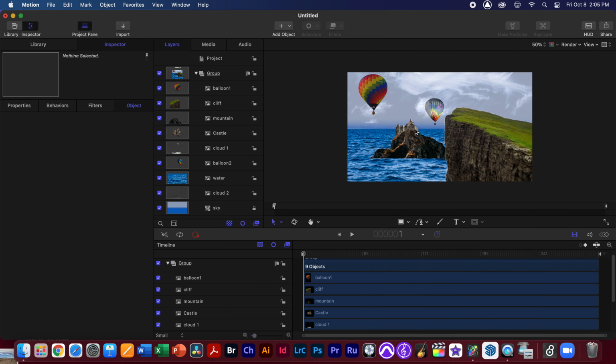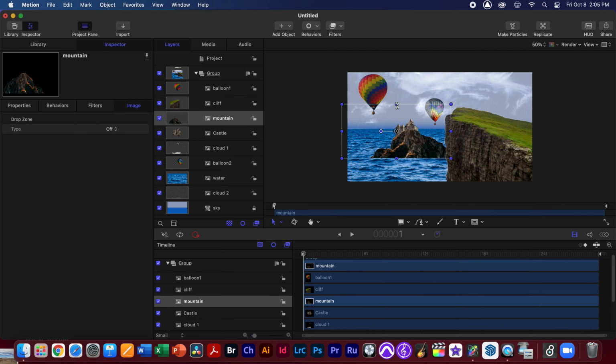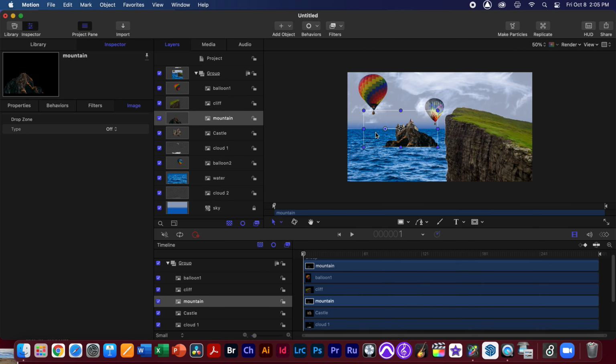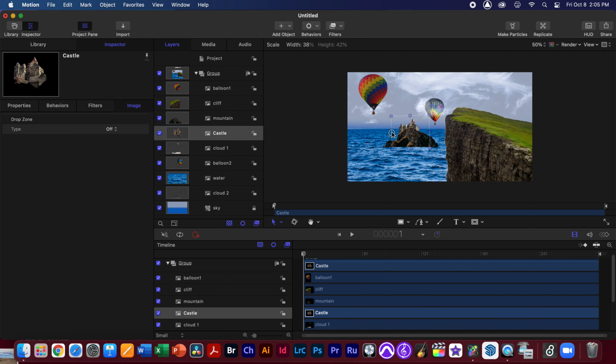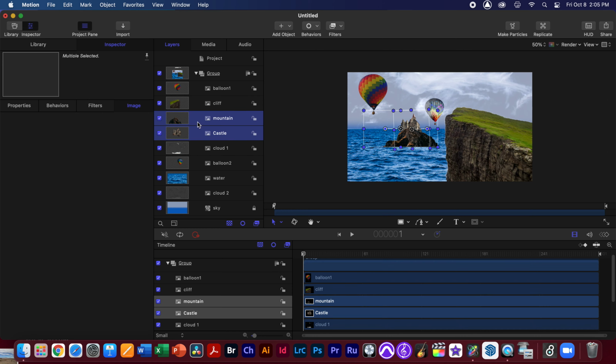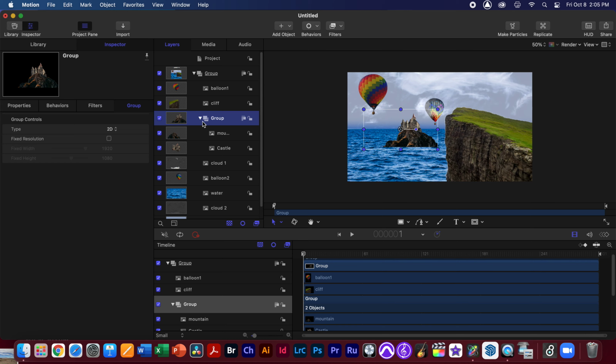So we've got our castle. It's on our mountain. Maybe the mountain could be a little further away, so make it smaller, higher up. And then make our castle a little bit smaller. Castle, smaller, taller, so we can see it. There, Disney Castle. And then maybe both the mountain and the castle could be in a group. So right click, select group. This way I can just close this up and call it